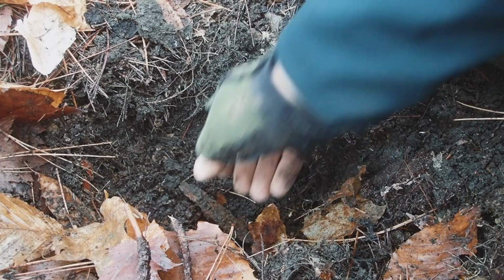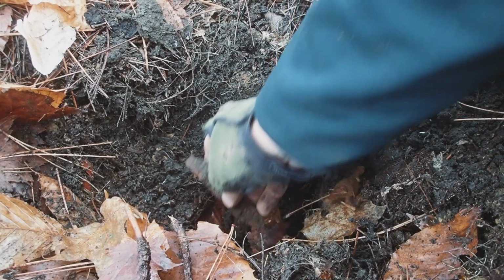So given how old this place is and how many times I've been here, I'm making a point to dig absolutely every little squeak that my metal detector makes, because you just absolutely never know. Even things that I might consider trash in other places, because of their age here, might get excited about them. So I just found a little iron artifact, and it happens to be